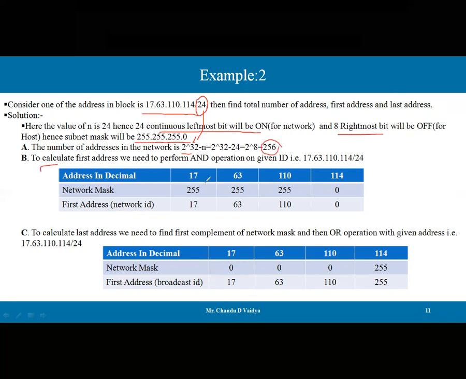तो सबसे पहले हम एड्रेस ले लेते हैं as it is, 17.63.110.114. उसके बाद सबनेट मास्क ले लेते हैं जो हमने कैलकुलेट किया है as per the /24. 255 मतलब क्या? ऑल 1 है. ऑल 1 में से हमको एड्रेस माइनस करना है, वर्कआउट करना है. तो 17 आ जाएगा as it is. अगर प्रीवियसली बाइनरी के ऊपर अप्लाई करेंगे तो सेम 255 और 63 के बीच में 63 आएगा as it is. और लास्ट वाला ये 0 है, जितने नंबर ऑफ वंस हैं उसके हिसाब से बाकी 0 है. तो जहां जहां 1 है उसकी वैल्यू उतनी आएगी, 0 है तो सारी वैल्यू 0 आएंगी. तो फर्स्ट एड्रेस विल बी